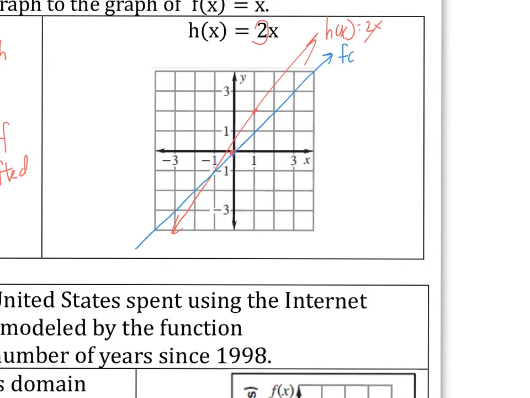This would be f of x equal to x, and what you can write is the graph of h of x is a dilation, or you can say vertical shrink. Okay, let me write that down. Vertical shrink